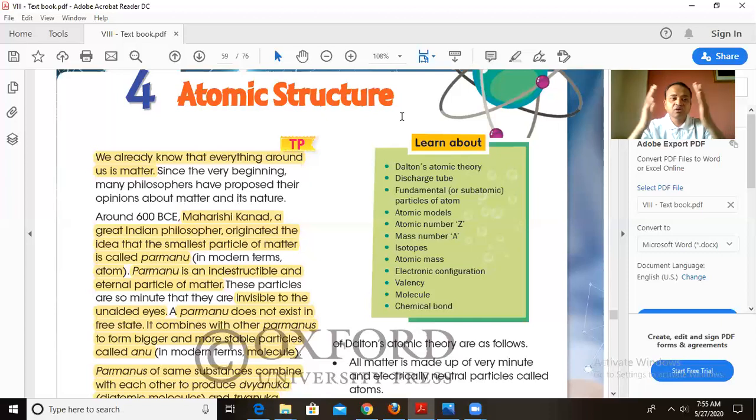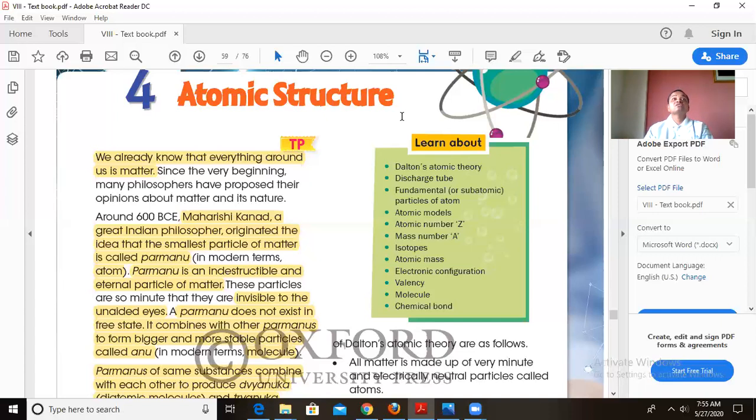Everything around us is matter. Maybe a solid state, liquid state, gaseous state, maybe your mountains, maybe your trees, maybe the mobile that you are looking at, or the glass of water that is filled for you. That is all matter. And scientists studied this matter slowly. They proposed their opinion about this matter and its nature. What is this matter made up of? What are the properties of this matter? Scientists went on studying, and they put forth their opinion, or you can call this opinion the theories.